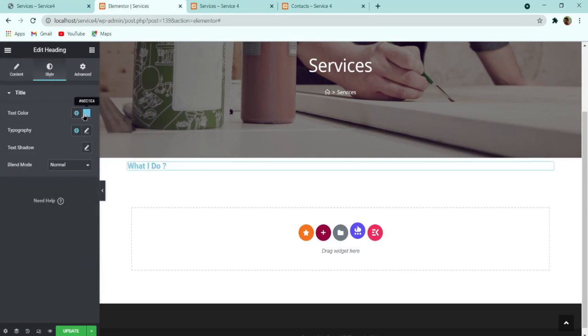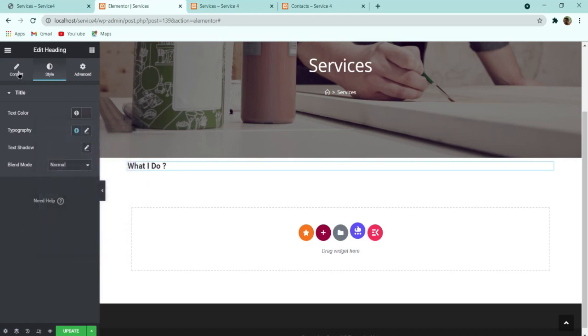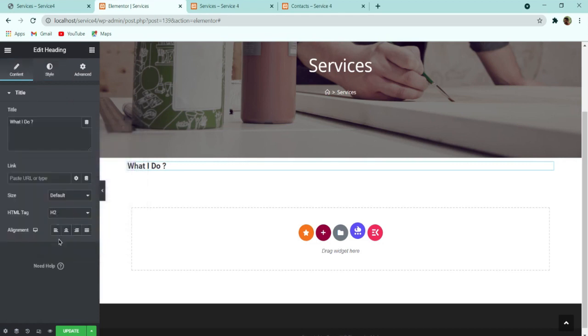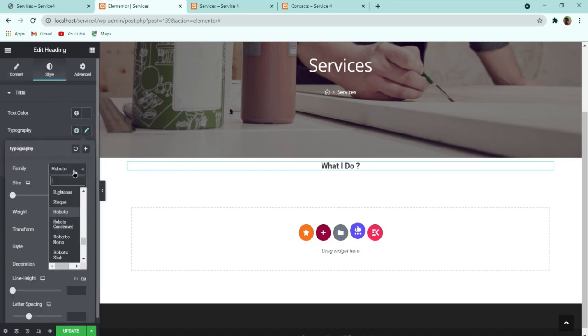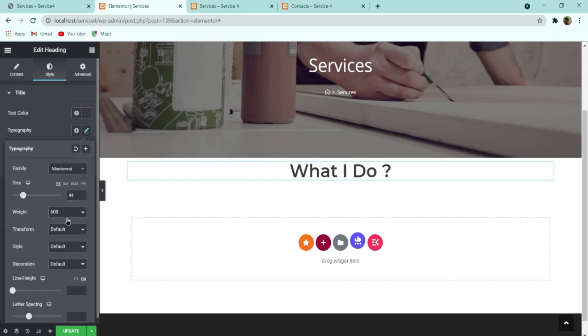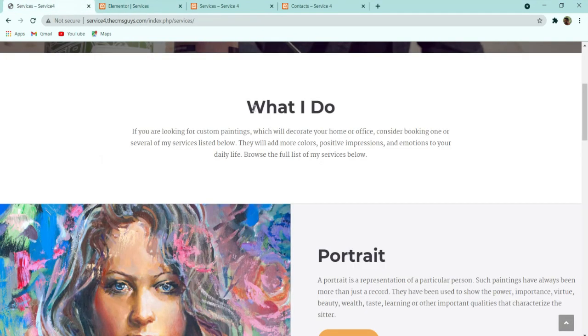Then go to the style part, and give a text color of 3B3940, and the alignment is over here, simply make it center align. After that, go to typography, font family will be Montserrat, font size will be 44 pixel, weight will be 700, and line height will be 54 pixel. With this, the first element is completed.